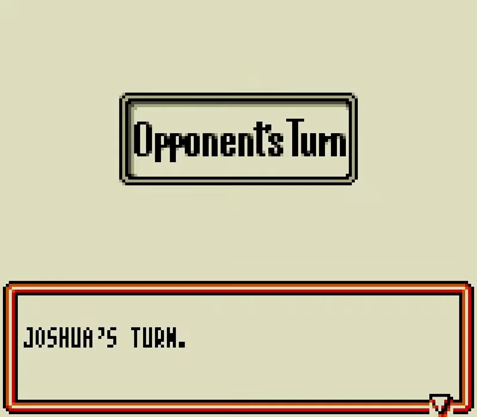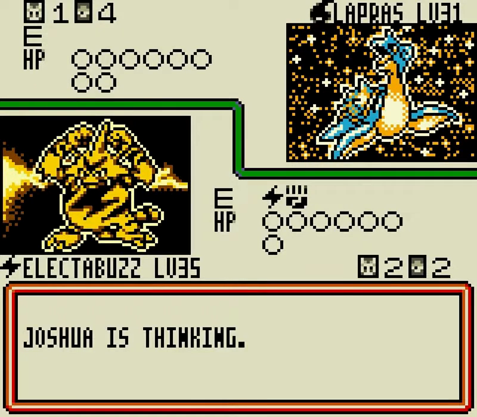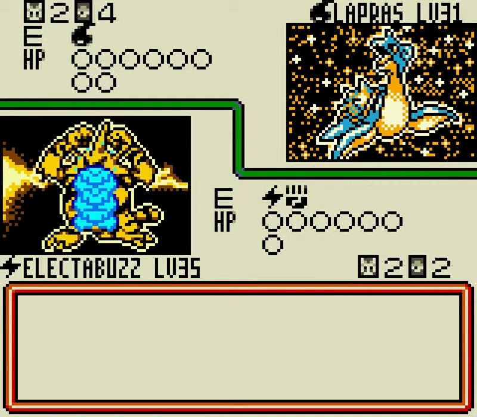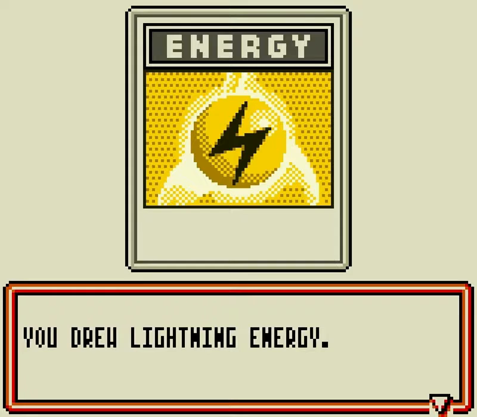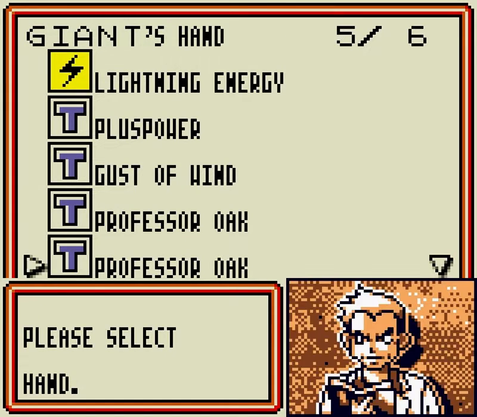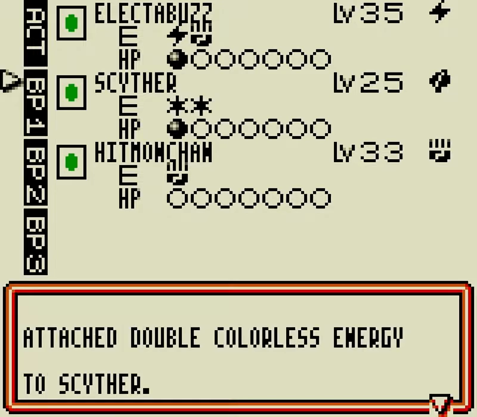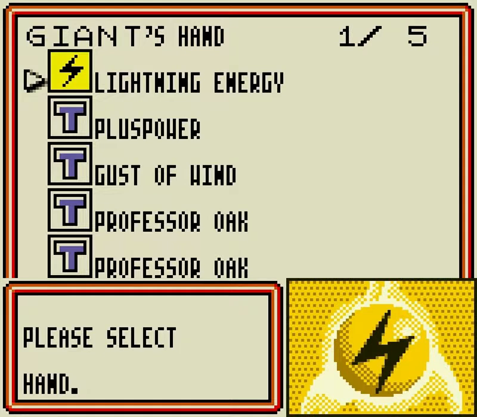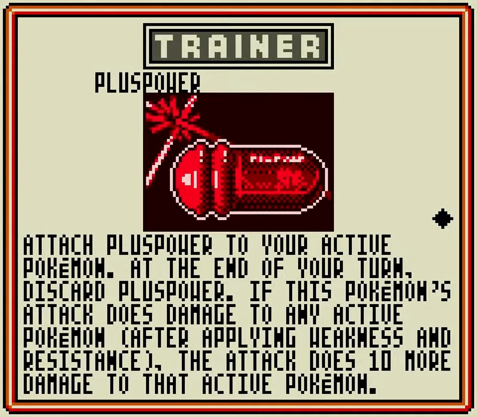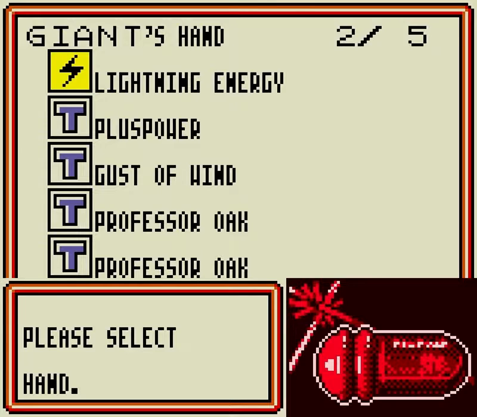So it does help that these things are weak to Electric and Grass. But since we have 3 different types of Pokemon cards in here, it's really helpful all around, because you never know what kind of decks you're going to be facing in real life. So I guess we'll get a double colorless on Scyther while we're at it. And I could use the plus power to guarantee we knock it out. I think it's applied before weakness and resistance. If it does damage... Okay, it's after weakness and resistance, so there's...